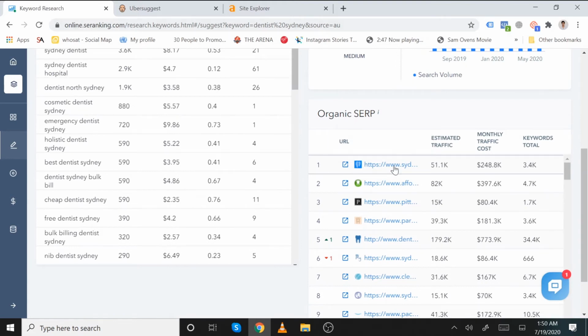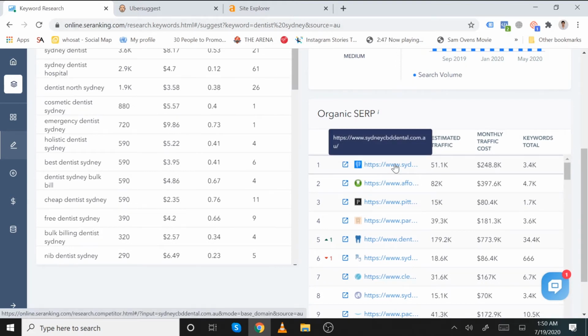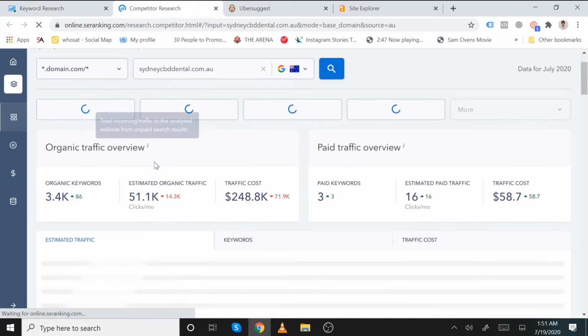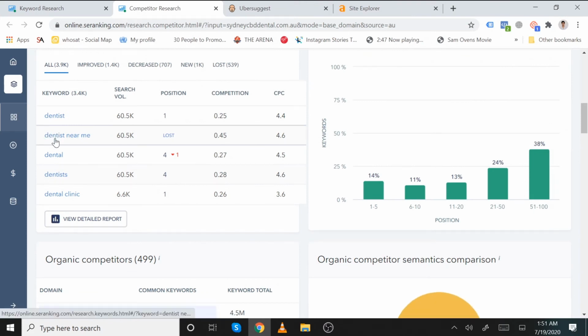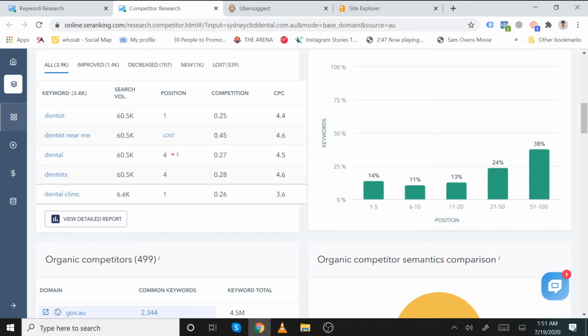The other method is to put in the website of your competitor, and it will show you which keywords your competitor is ranking for. For example, it is showing that your competitor is ranking on these keywords, and you can also rank on these keywords.